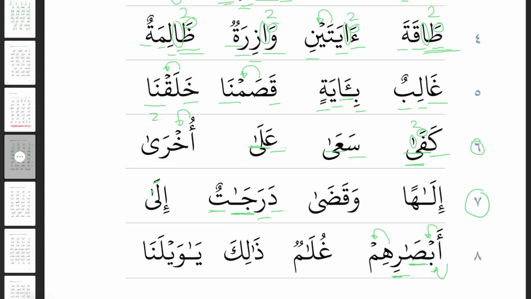And remember the ra with the kasra is light. Ru, la, mun, with the 2 dammas giving us an un noise. The, li, ka. Then the last word on the line,